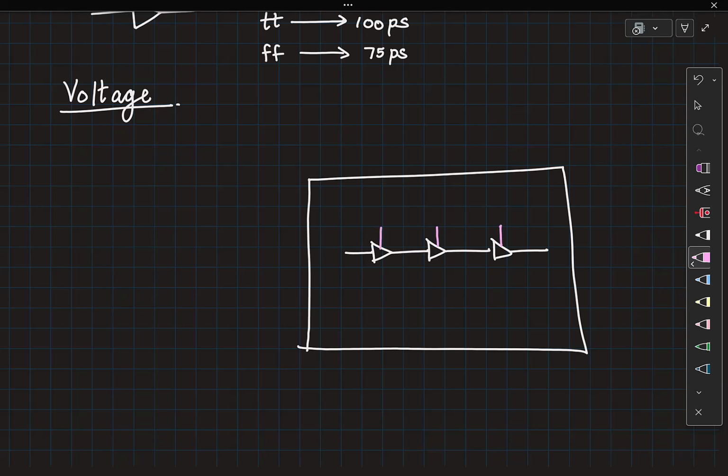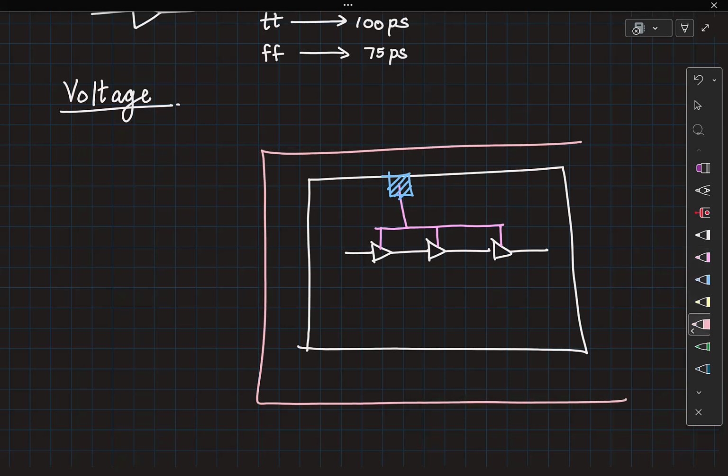Right? These are going to be metal routings. So you will connect all of them together. Then you will bring it to the boundary of the chip. On the boundary of the chip, you will have a pad. Right? A signal pad is available there. Now you don't use the chip as a standalone. You will package it inside one of the chip packages that are available so that the die is safe.